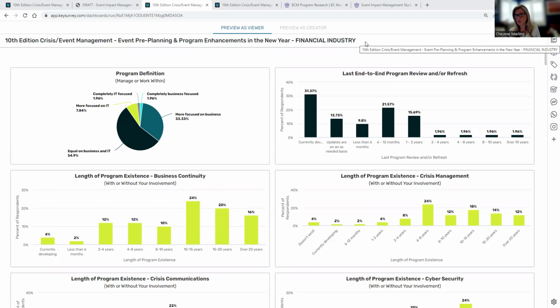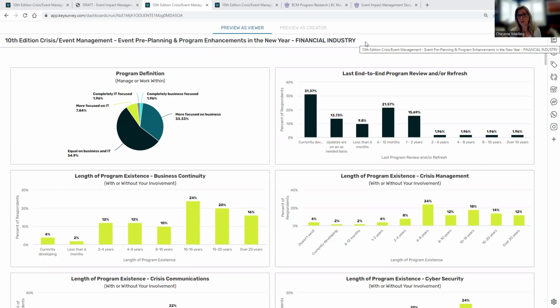So the complimentary report, which is available to anyone in the profession, focuses on some great trends and correlation to program maturity. But there's quite a bit of data that we do include in the customized dashboards, and those dashboards are only made available to professionals who confidentially contribute to our study. And when they do contribute, they can choose between the industry or by organizational revenues.